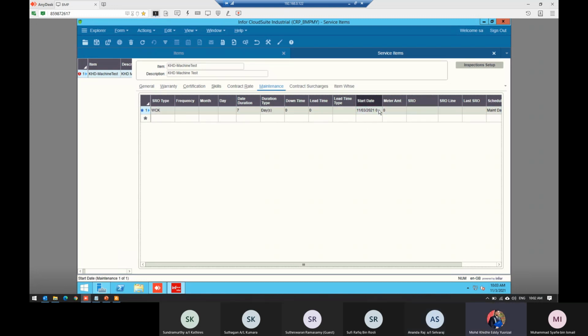All right. So start date is again when you want to start your preventative maintenance. Okay. So start date, I'll just leave it as today for this machine for this training. Okay. So meter amount. Okay. So this one is if you are using meter. You want to use meter